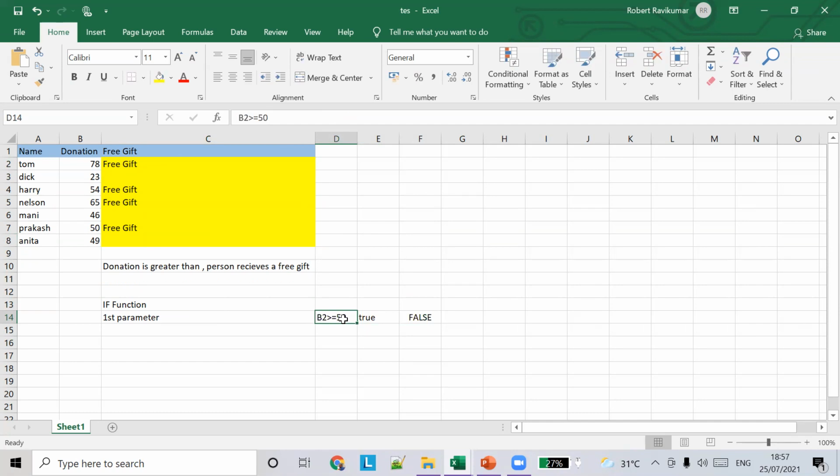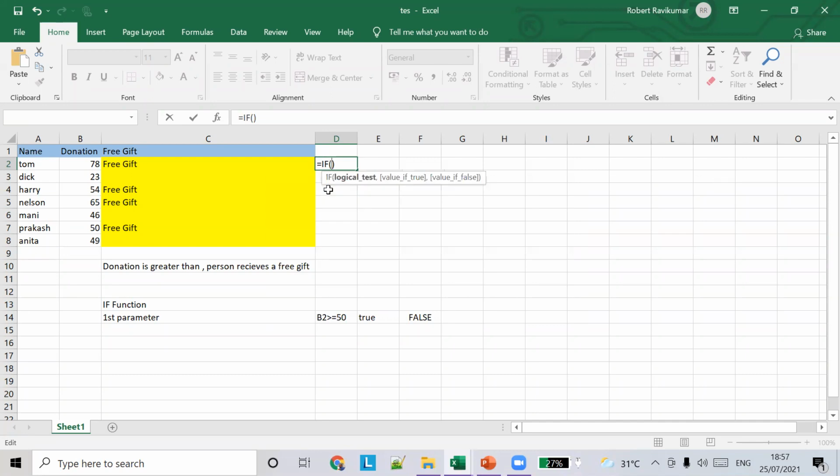B2 could be greater than or equal to 50, or it can be lesser than 50. If it's greater than 50, it will give the value true. If it's less than 50, it will give false. Let's do an example with the IF condition: B2 is greater than or equal to 50.